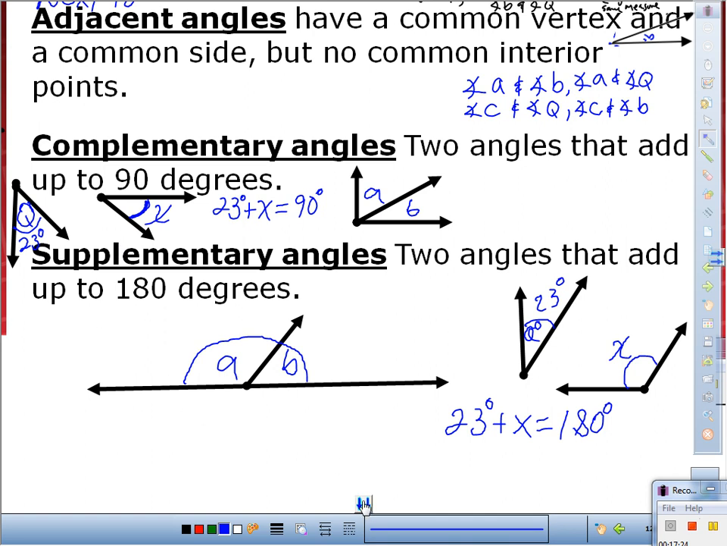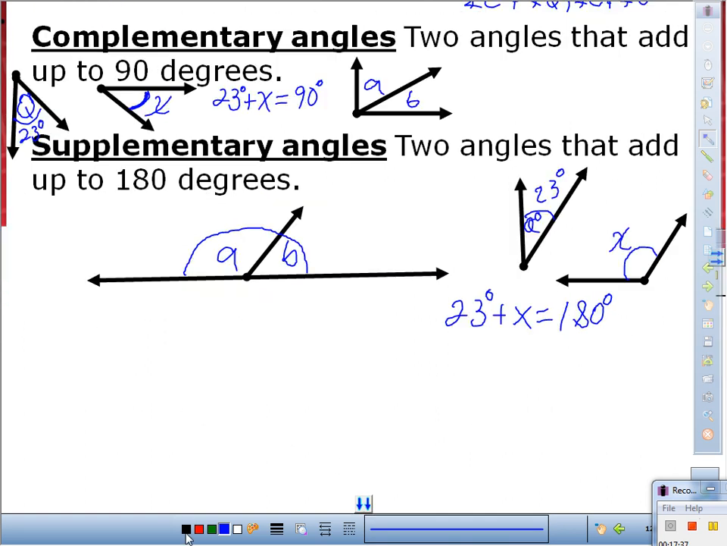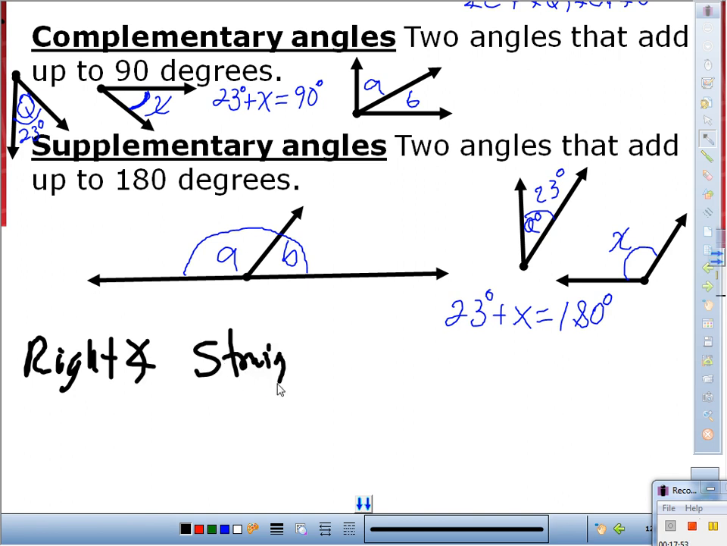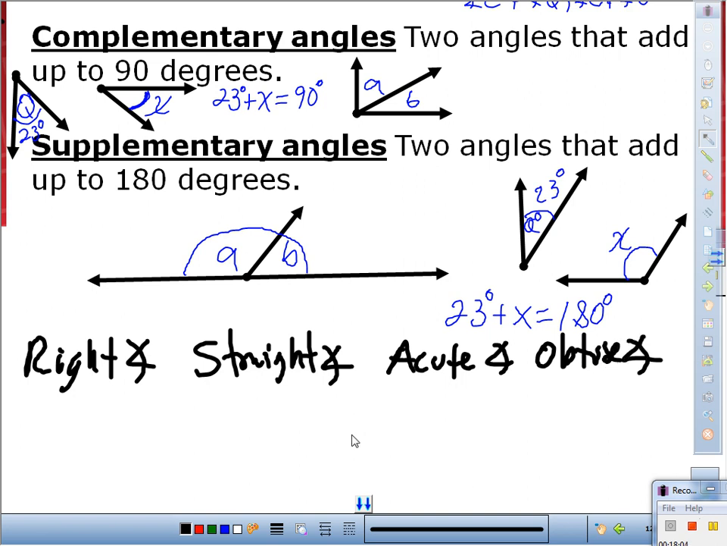Underneath that, let's write a couple more terms that we need to revisit. Once again, all these you've already heard of. I'm just trying to bring back and clarify. Let's do right angle, straight angle, acute angle, and obtuse angle. Everyone, right angle, straight,